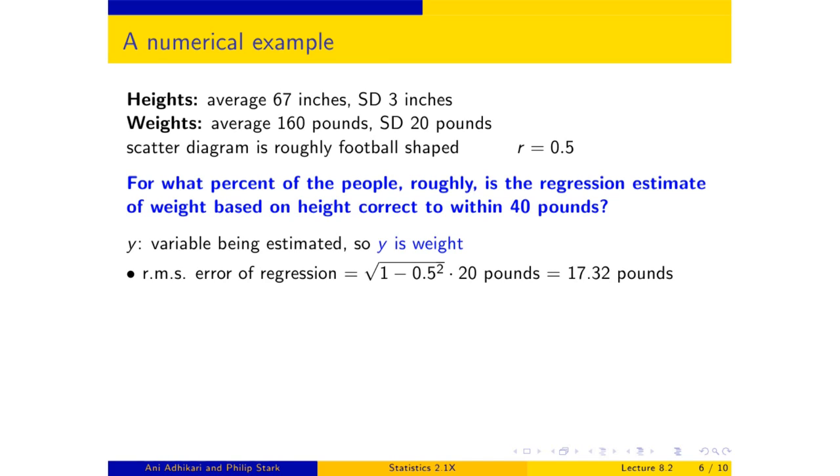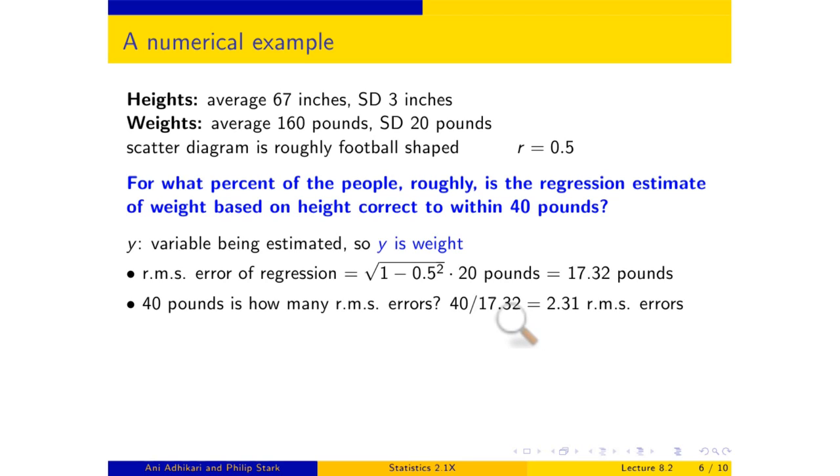Okay, so what I know is that for about 68% of the people, the regression estimate gets it right to within 17.32 pounds. For about 95% of the people, the regression estimate gets it right to within twice this, and that's just under 35 pounds. So 40 pounds? Well, the question that I need to answer is, how many RMS errors is that? It's more than 2. So how many RMS errors is it? Well, just look at it relative to 1 RMS error. 40 divided by 17.32,